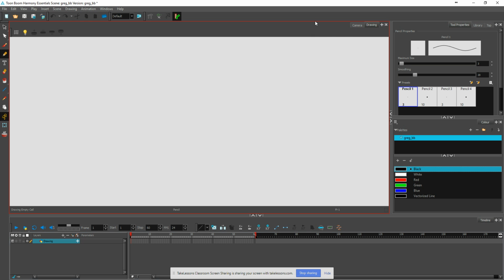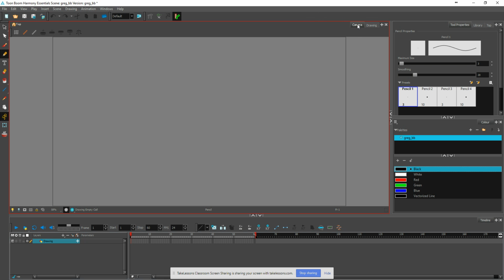You may see at the top of the view there's these two tabs called Drawing and Camera. So we're currently in the Drawing view. This is a view where we will create our drawings. The ball bounce. But then there are times when we'll also want to go to the camera view, and the camera view is just